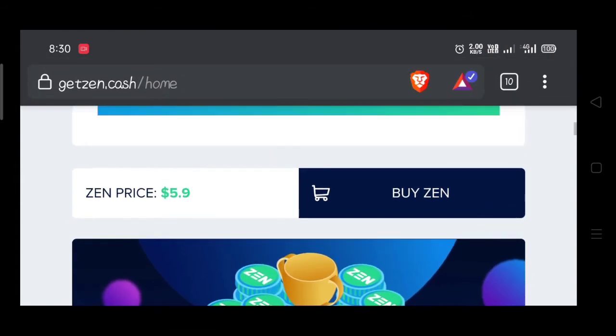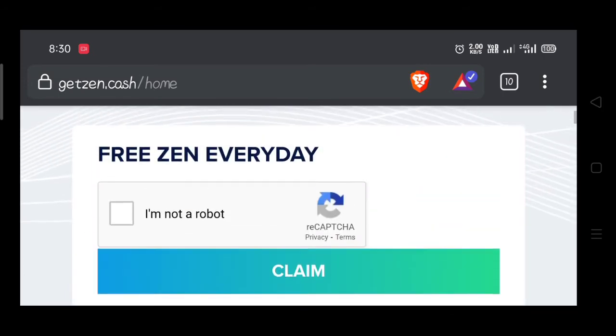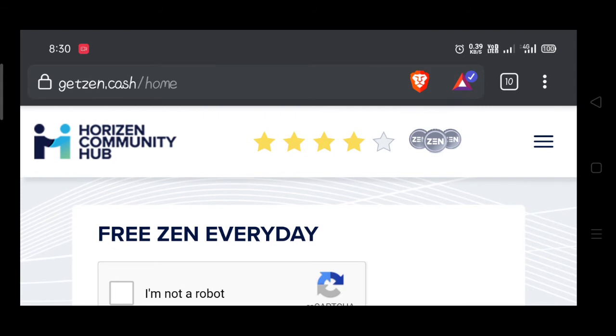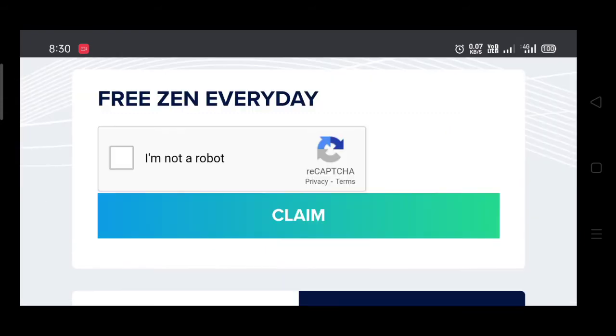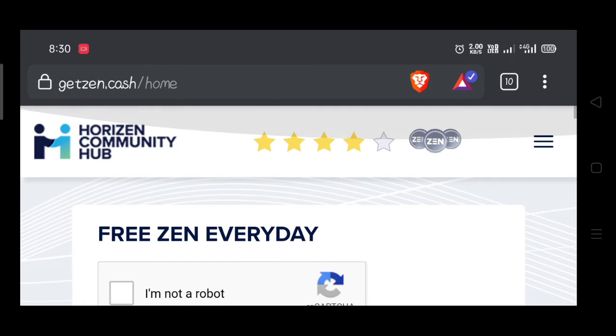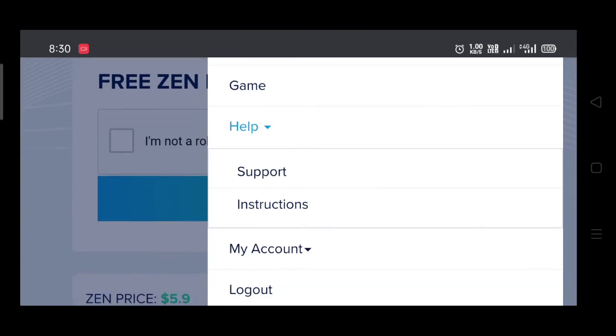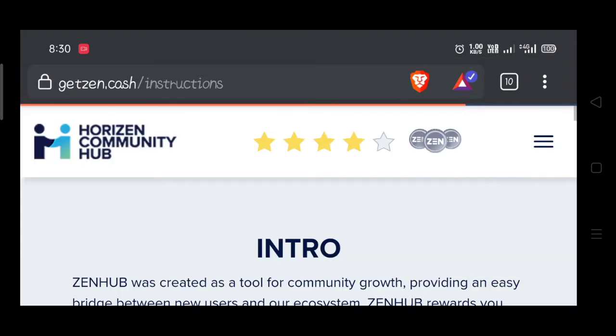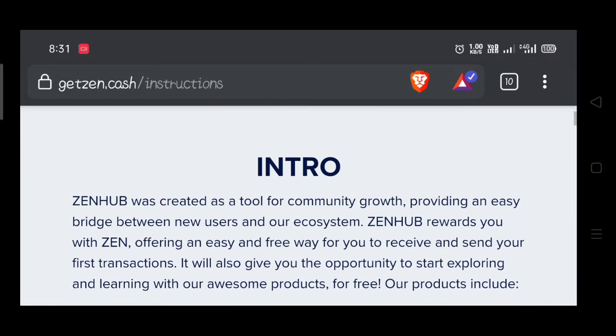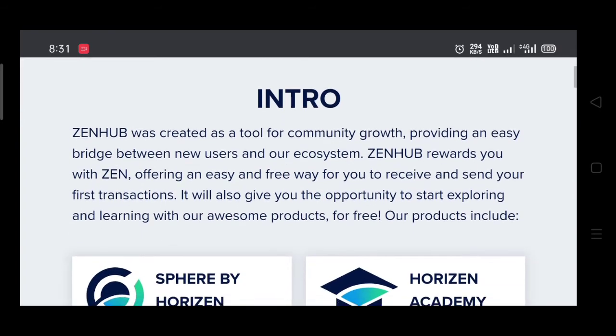And the best part of receiving Zen in their official wallet is that you can earn many more Zen tokens here for holding Zen in their official wallet. For more detail, you can click on these three dots and then tap on help and then tap on instruction. Here you can see how to set up your account.